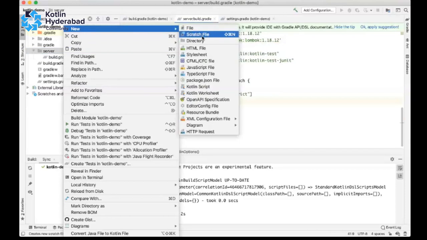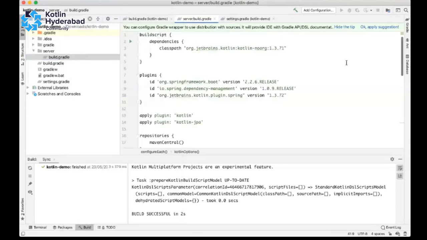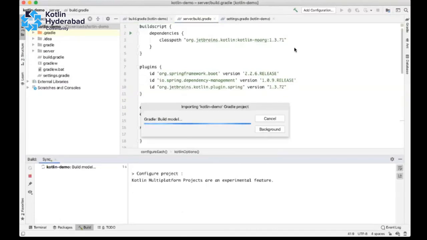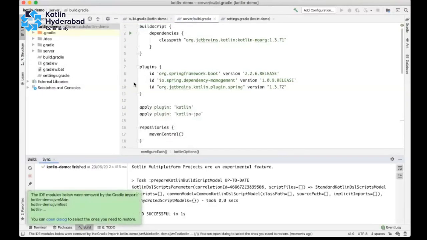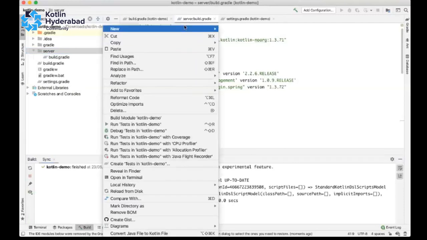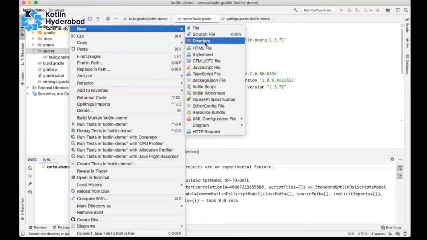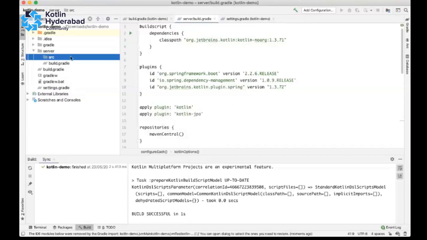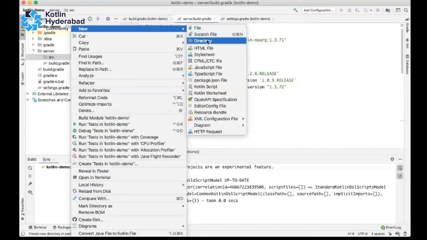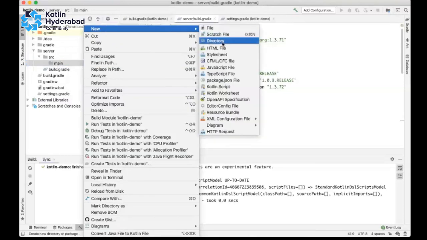Next, I'm going to create a package inside this. Let me build the project first. The source name, then Kotlin.